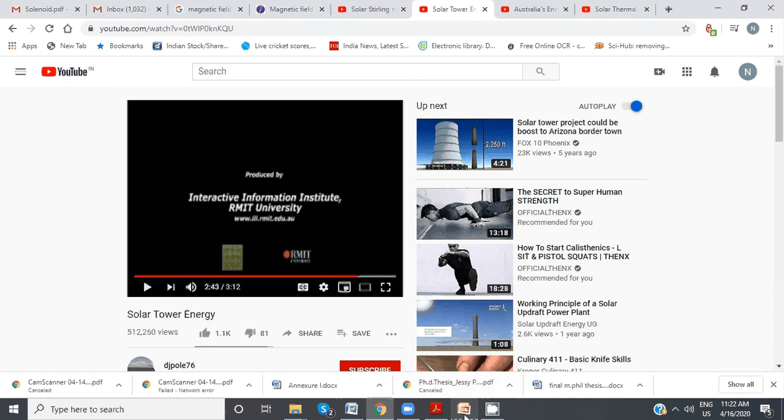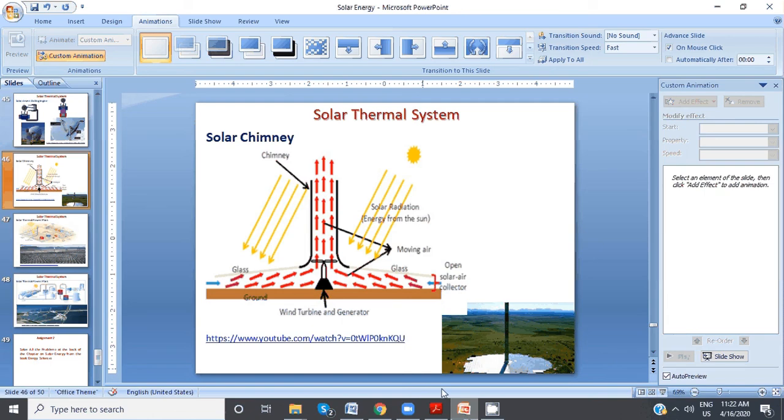Okay, so let's come back. I hope it is clear now. So you can see this is the actual visual of the solar chimney which has been installed in Spain. You have a tower and you have glass windows at the bottom. All solar energy falls onto the glass window. The temperature will be heated up in this region, and because of the heating up there's a pressure difference, and the wind will start flowing in like this, and you just put wind turbines in between, which will rotate and generate energy.